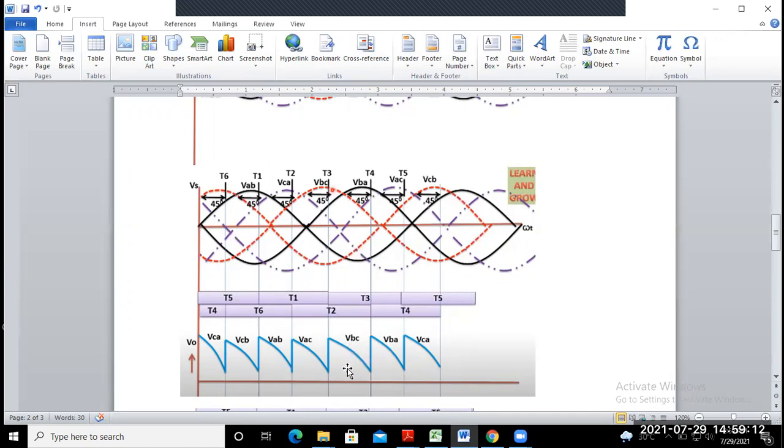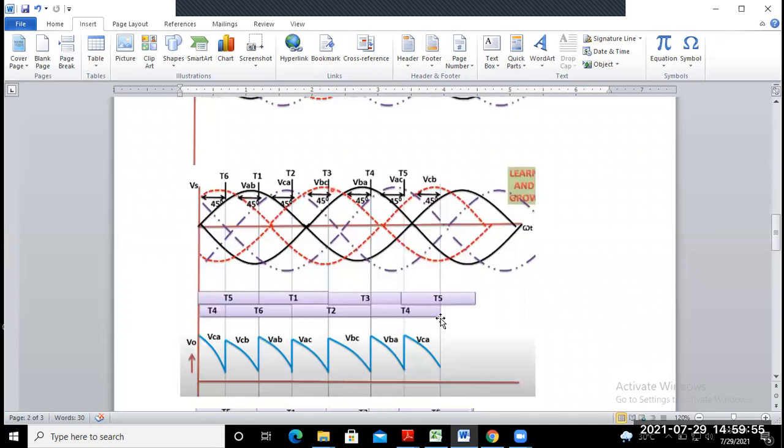So you just have to concern yourself with which thyristor is conducting at a particular instant. You must be careful, this waveform is very important. According to the most positive and most negative thyristor of the positive half cycle and negative half cycle, you are able to conclude which thyristor is conducting. Similarly, this one T5, T1, T3, and T4 is more important, and corresponding to that, you are able to draw the output voltage waveform. Is it clear up to this point?